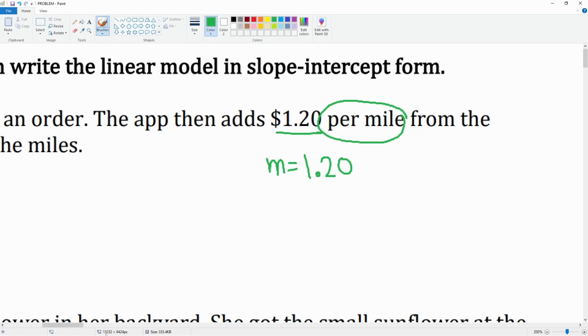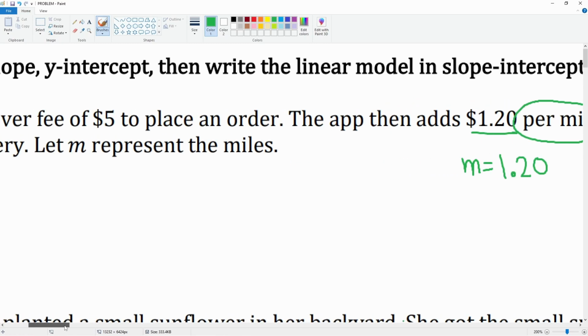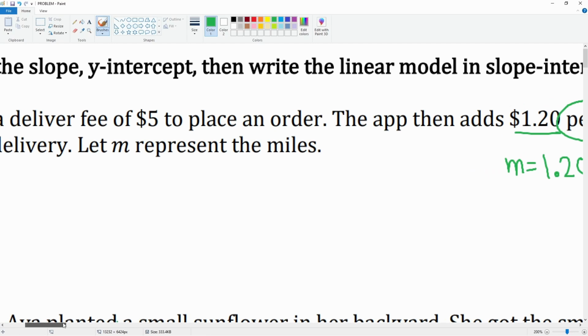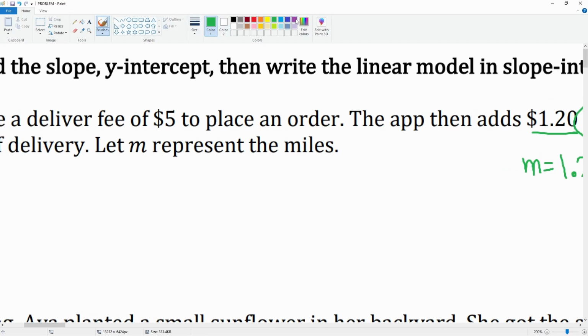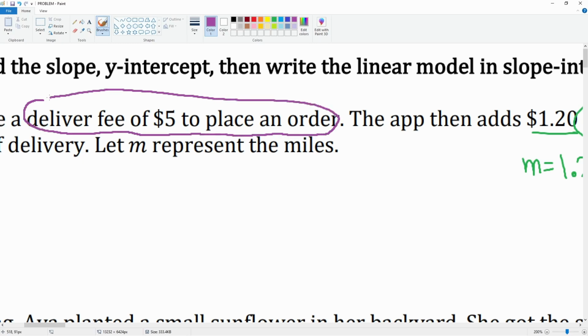All right. Then to place the order was the fee. This is the one-time fee, so this is the y-intercept. Okay, and we know the equation is y is equal to